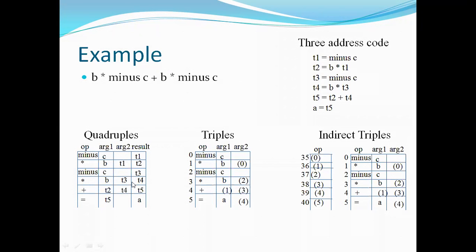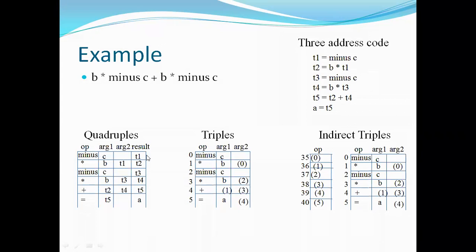And here we are avoiding only the temporaries, not the variables. So in the last row, argument 1 is A, and for argument 2, T5 is assigned the serial number 4. So the reference number that we are using for T5 is 4. There is no special logic. Initially use the serial numbers 0, 1, 2, 3, 4, 5 like this, and instead of the temporaries, just use the temporary serial numbers.